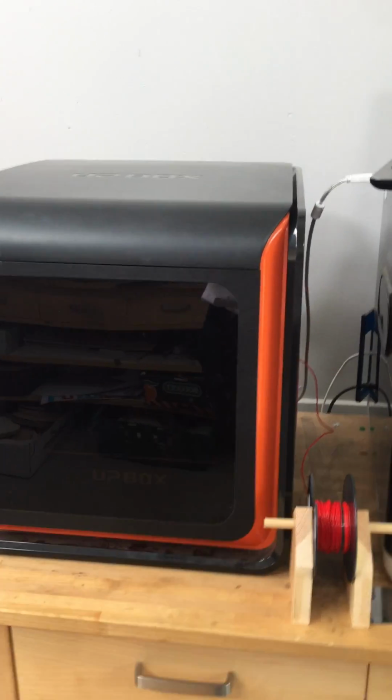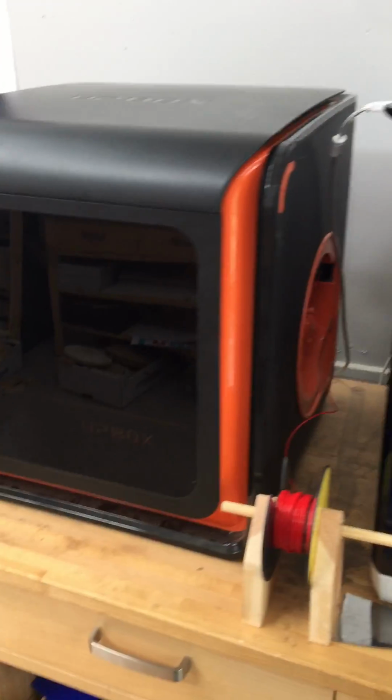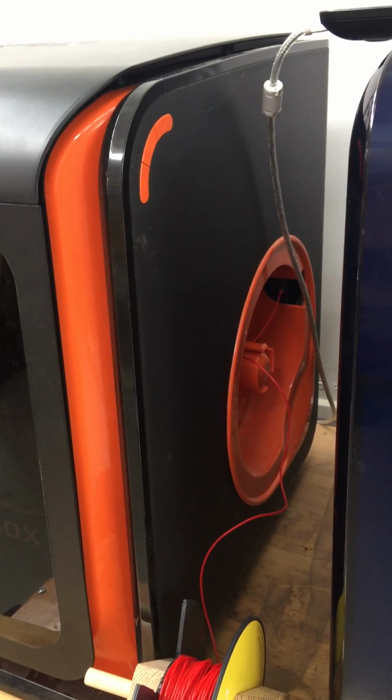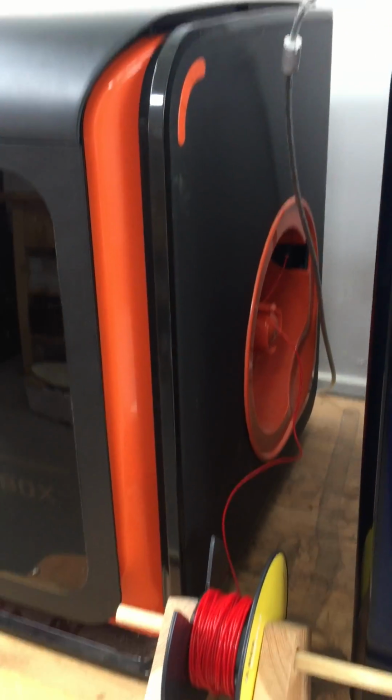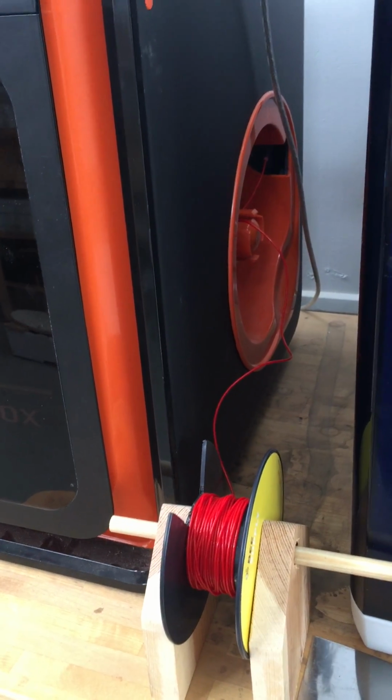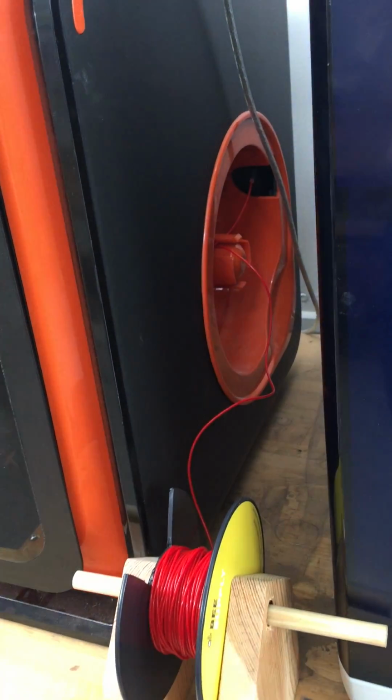So this is how to set up the UpBox 3D. You have a filament at the side. You will usually have a filament that fits into the slot there, but because we haven't got any, as long as you've got it onto a reel that will allow free movement, then you can put a different filament on there. So the filament's going into the machine,